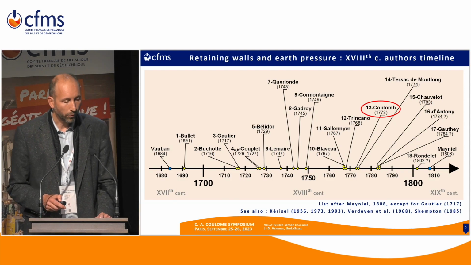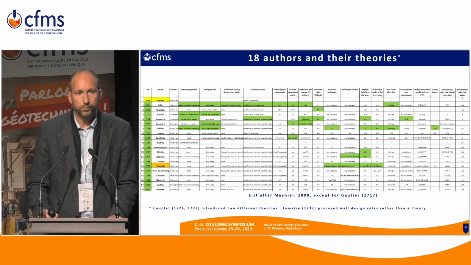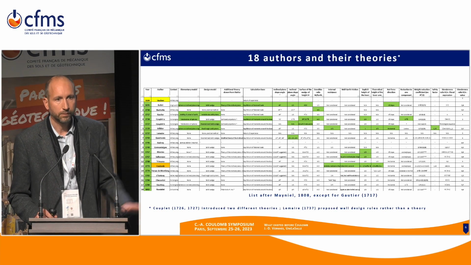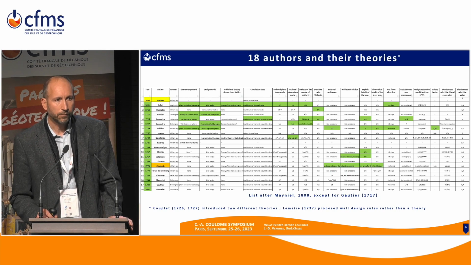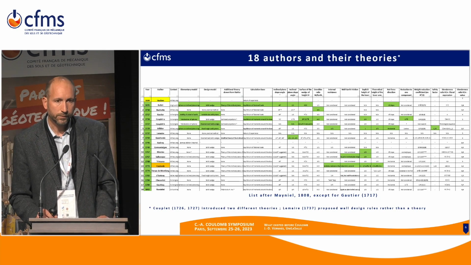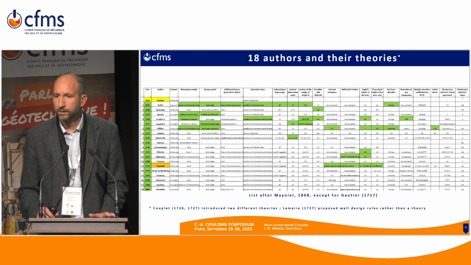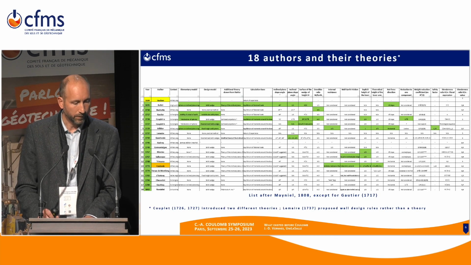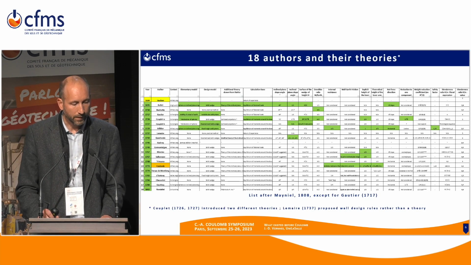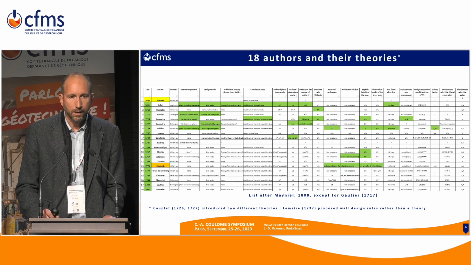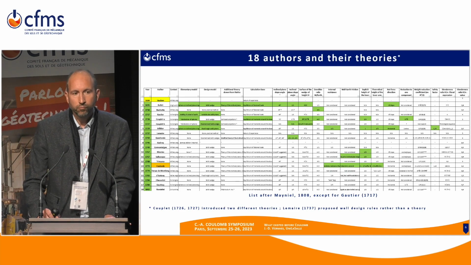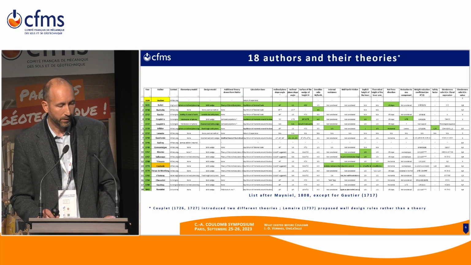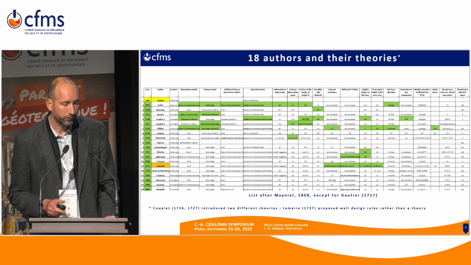To work out all those theories, I used some tables. Of course we won't get into details, but my idea was to try to find common criteria to all these theories to analyze how scientific activities progressed gradually throughout the 18th century. What we see first is the first one of them all, Bullé in 1691, who was a real key engineer for all this period, because his theories had a very heavy influence on all those who came after him.